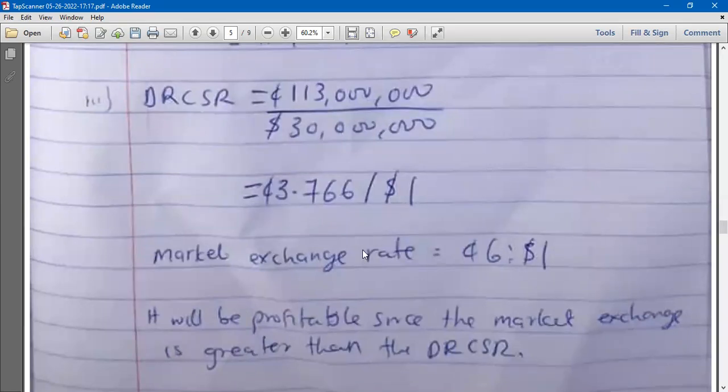When you are done, you have to compare it to the market exchange rate. Now this is the decision rule. We say that the project will be profitable if the market exchange rate is greater than the one that you get. Here we had 6 cedis to $1. That's the market one, but we are getting something which is lower than 6. So yes, the project is going to be profitable, so we go in for the project. All that you have to do is first find the foreign exchange savings, then find the total cost of doing the thing locally with our local